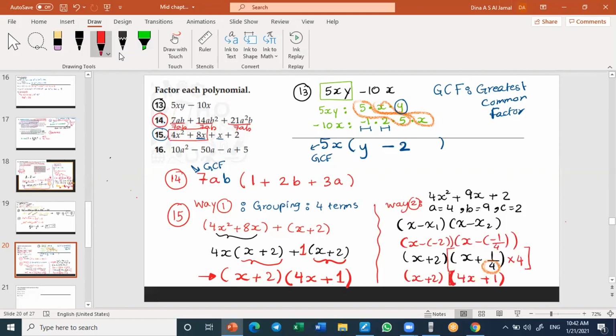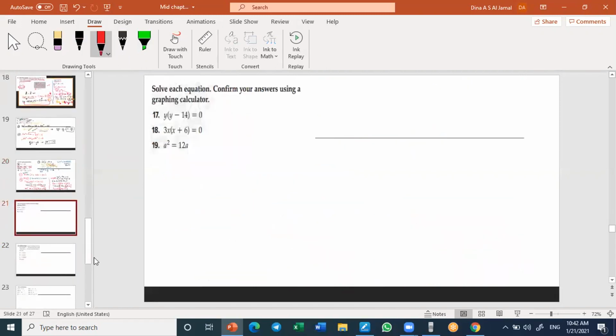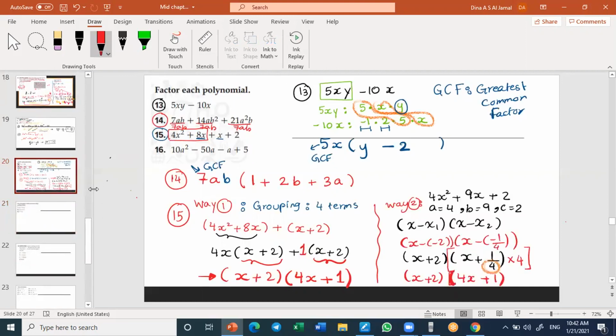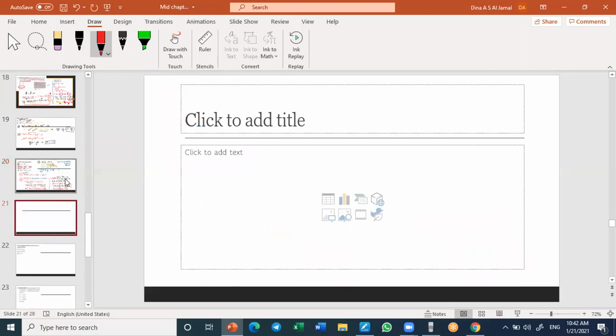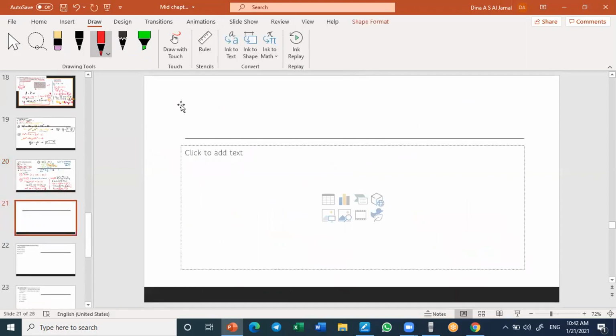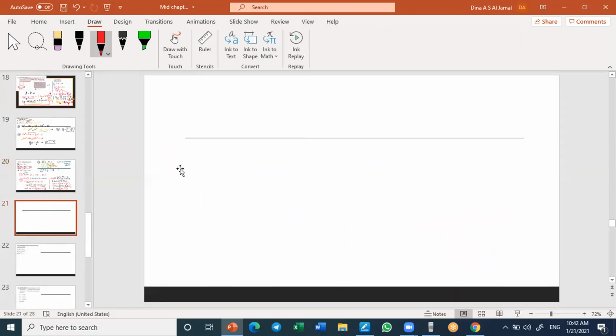So it gave me the same answer as way 1. So you can choose whatever you like, whether by grouping or by the other method. Now let's solve question 16. So in question 16, it will be giving you the same method. So let's have a gap here to solve question 16. So question 16 will be all about, let me just copy the question,